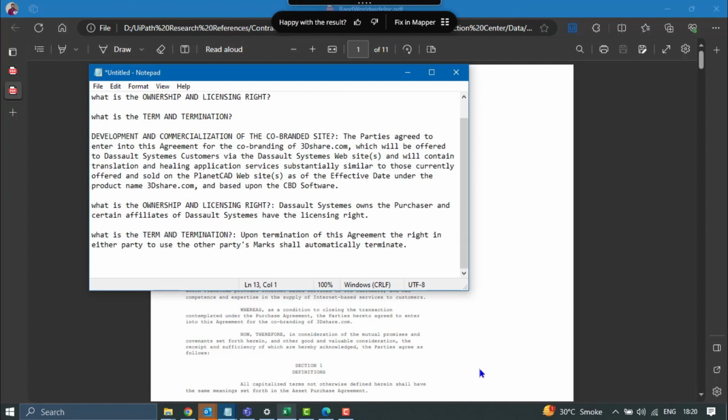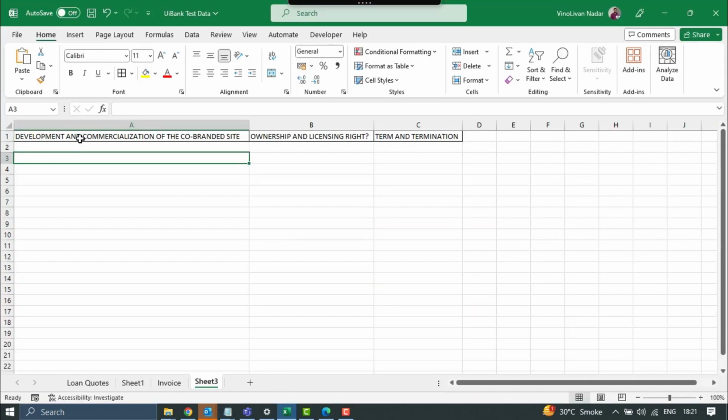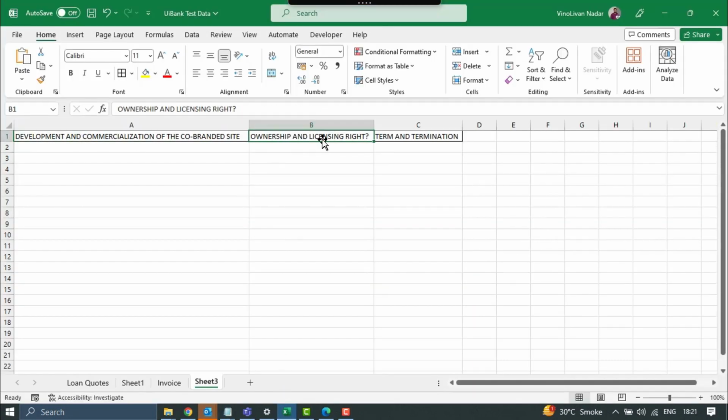So even if the information is available at the end of the page, or no matter where the information is available, Clipboard AI will be able to get the information, and you can use that information according to your own need. Now this is just one part of it where you can give your prompt and you can get the information out. Now let's say I already have a predefined field that I want to extract from this legal document,